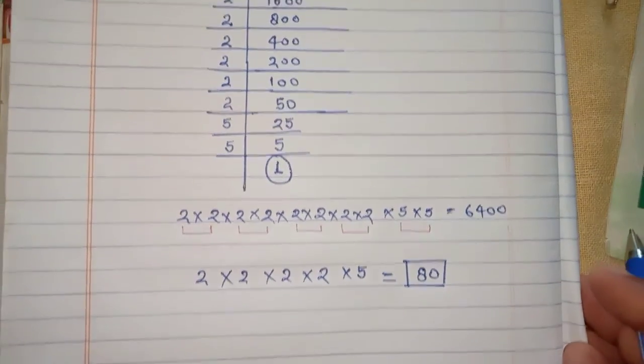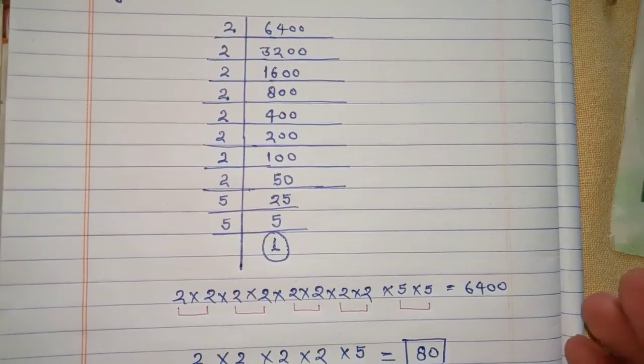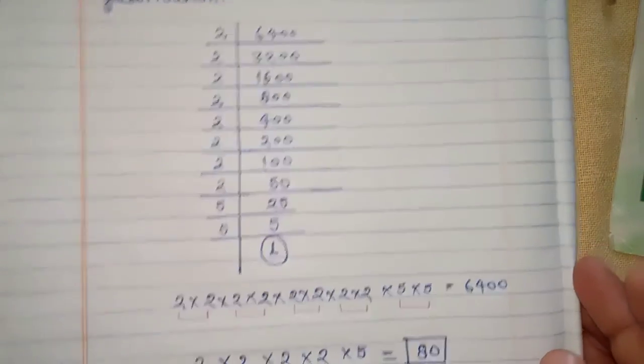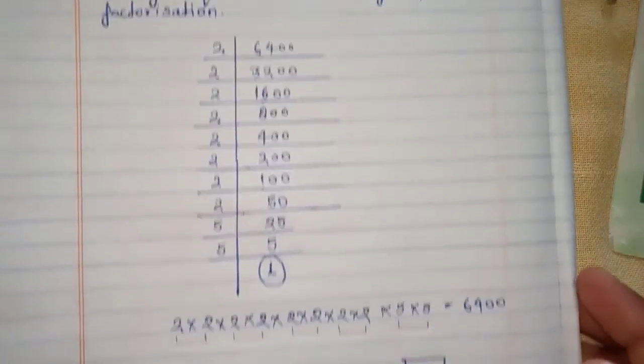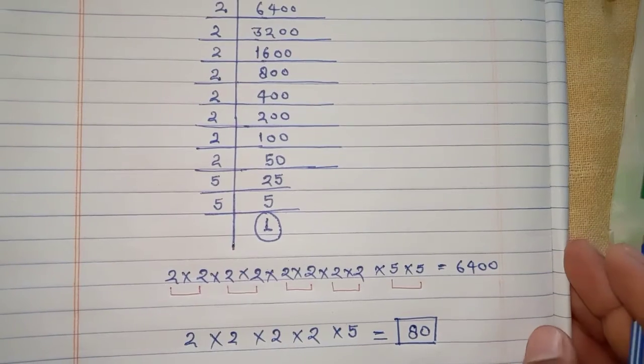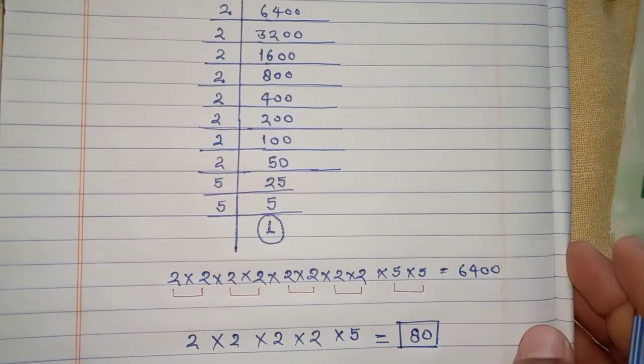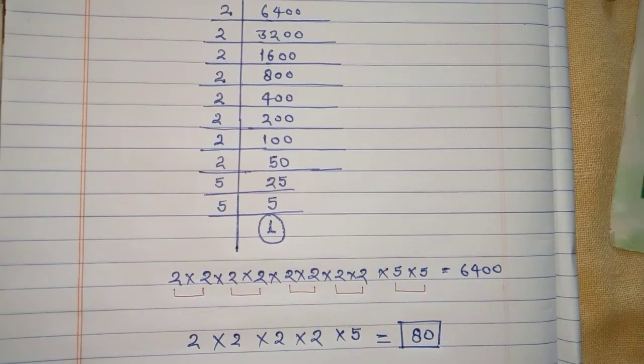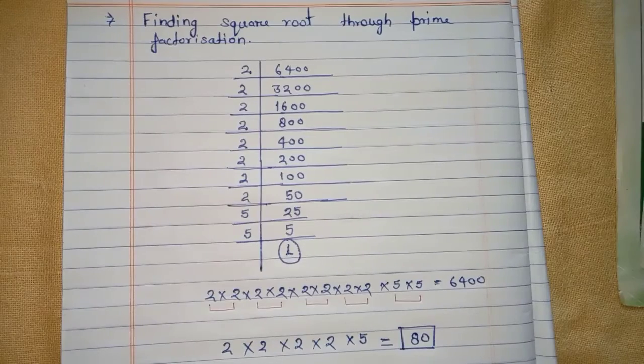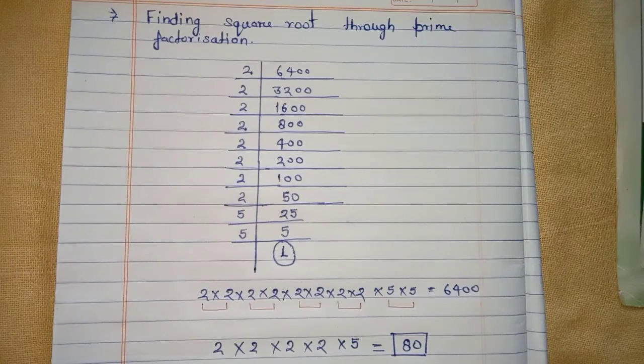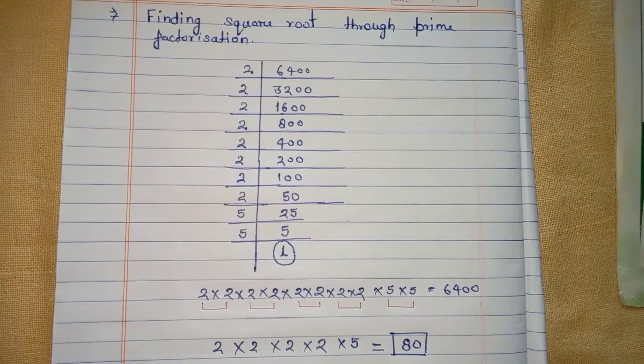So this is the method which is called the prime factorization method for finding square roots. You can see the things again. You can take a screenshot and follow this order for finding the square root. This prime factorization method provides us some conclusions, like if you are getting an unpaired number in this series, the number is not a perfect square.